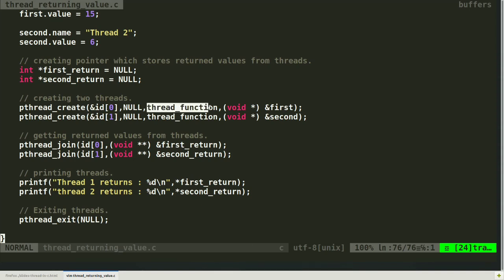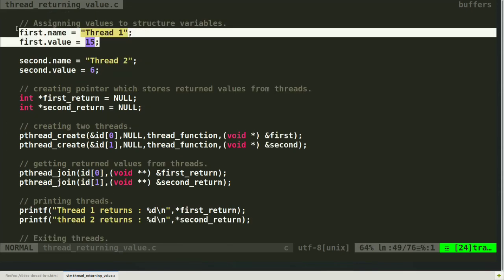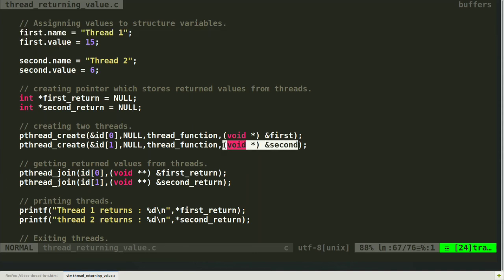For the third argument we pass the function name, and you may see that we are providing a single function. Here we are creating 2 threads with a single function. This is also possible. For the first thread we provide the first structure, and for the second thread we provide the second structure. Whenever we provide something, we need to pass it by reference, so we provide the ampersand here and typecast it to void star, as our thread function has void star arguments. This is the thumb rule, you can't change it.